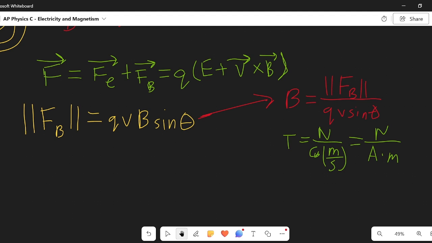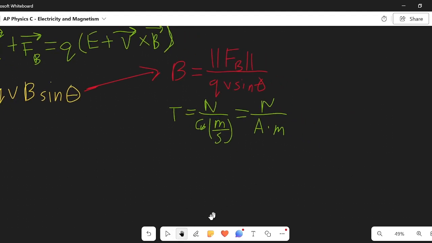So now let's, or actually, okay, this is actually important. I think this appeared one time on the AP exam, but just know that this is a very stupid concept, but 1 Tesla